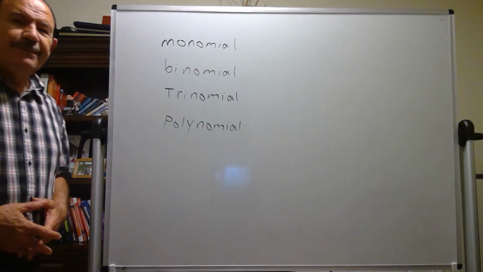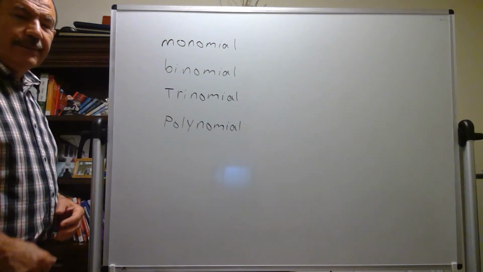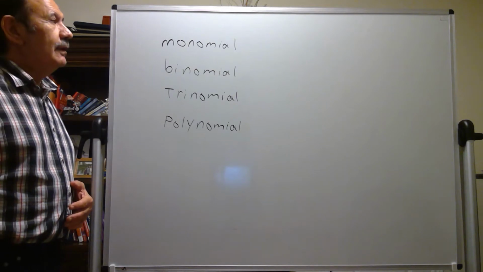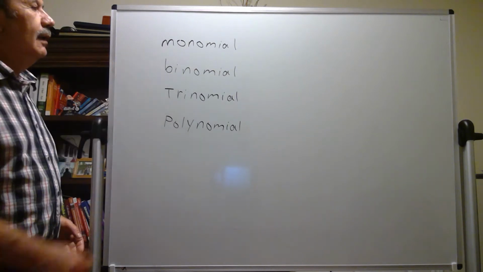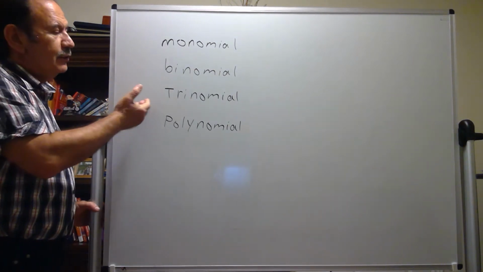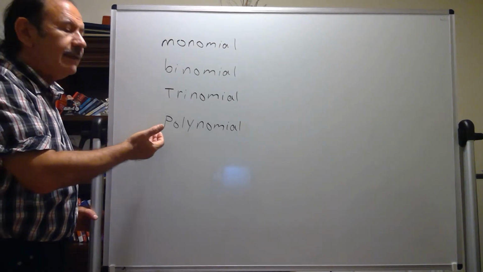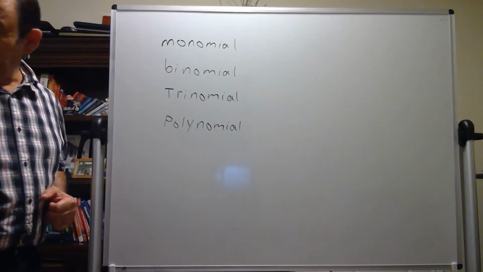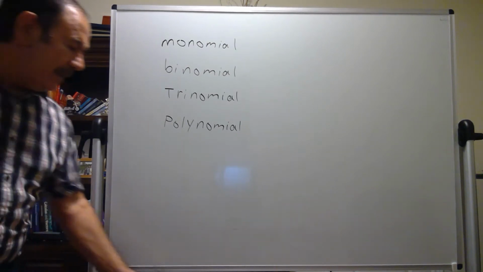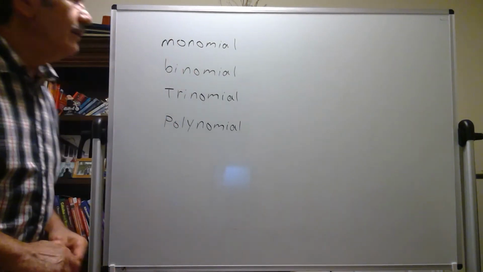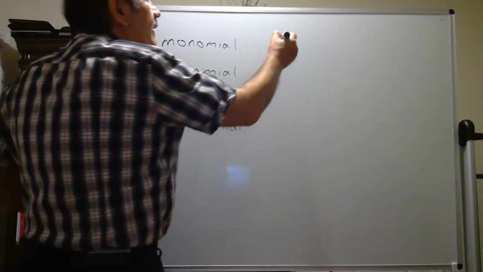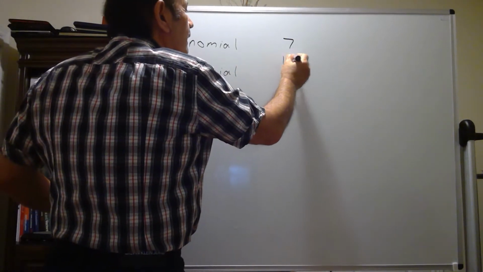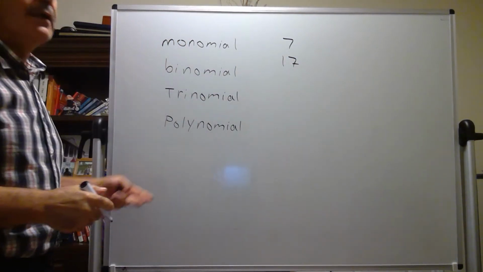Hello everybody. In this video I'm gonna talk about monomial, binomial, trinomial and polynomial. What is monomial? Monomial is a constant, a number, same as 7 or 17 or 901,